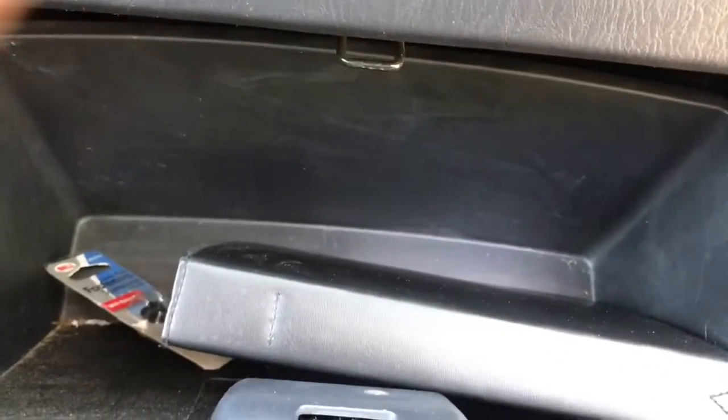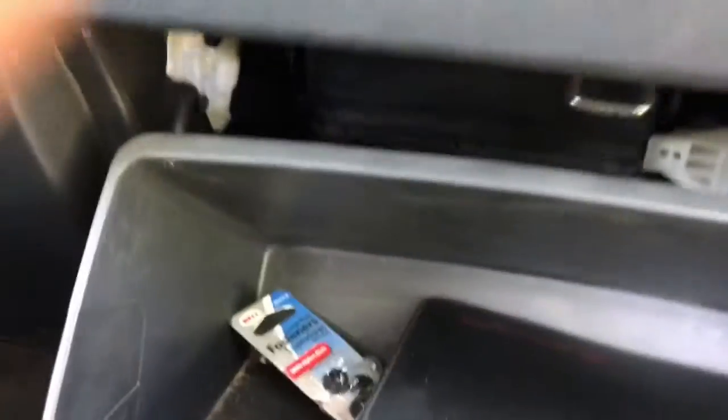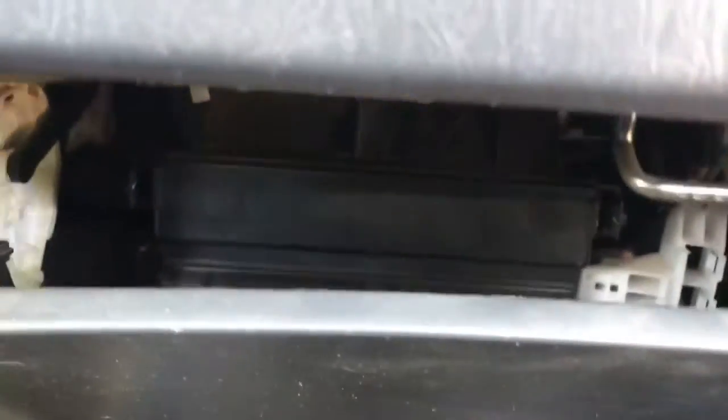Like I said, you just push these to the side, like this one and this one this way, and this thing is gonna pop just like that. As you can see, there's your cabin filter right here. You can even pull the whole thing if you want, or if you get enough room right here, you just pull this lid, this little cover right here,